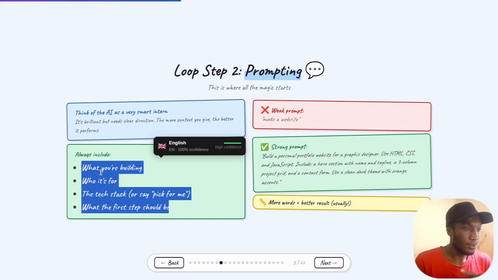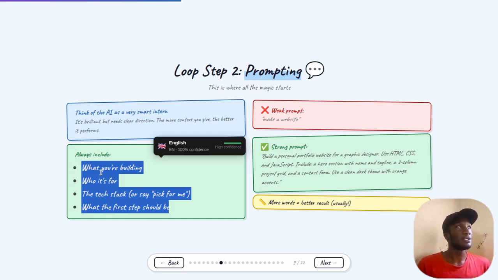So let me give you an example. A weak prompt can be like, make a website. If you tell a coding tool like Bolt or Anti-Gravity, make me a website, it doesn't know which website you want to build.